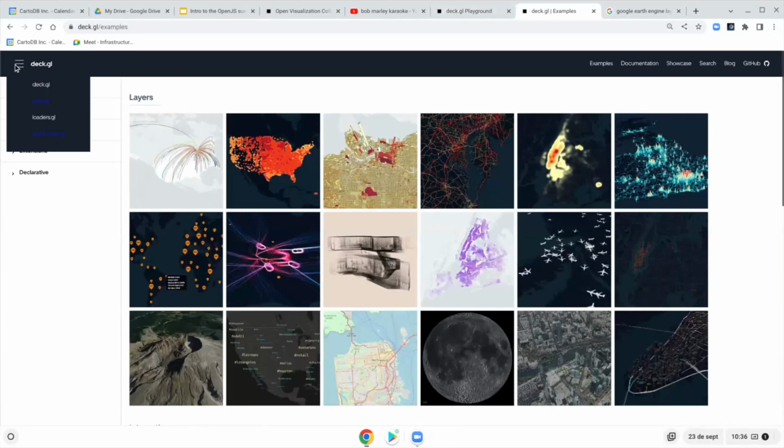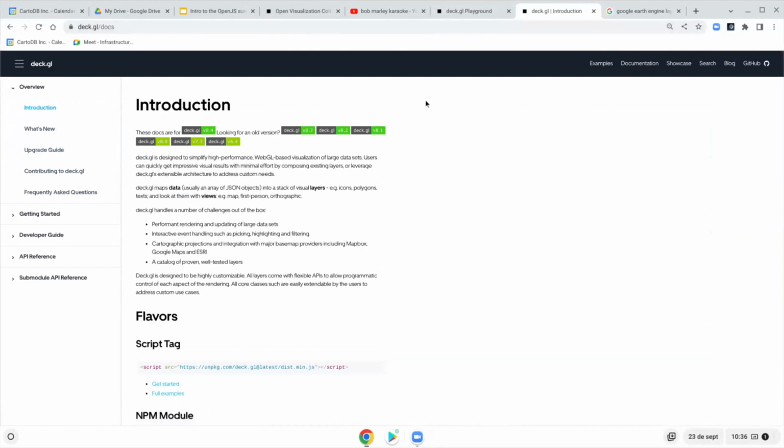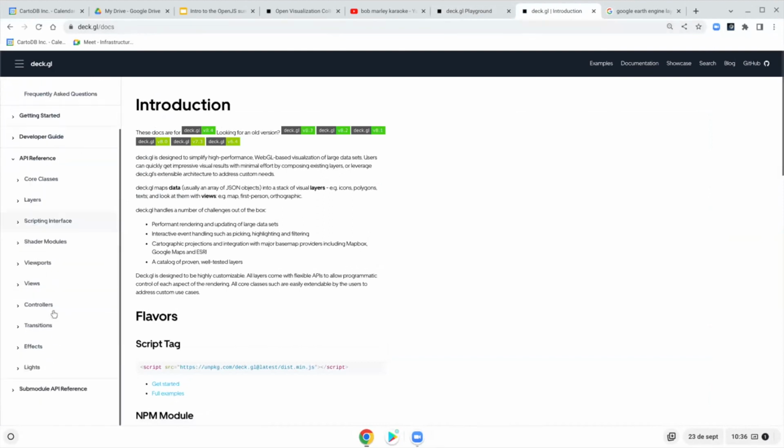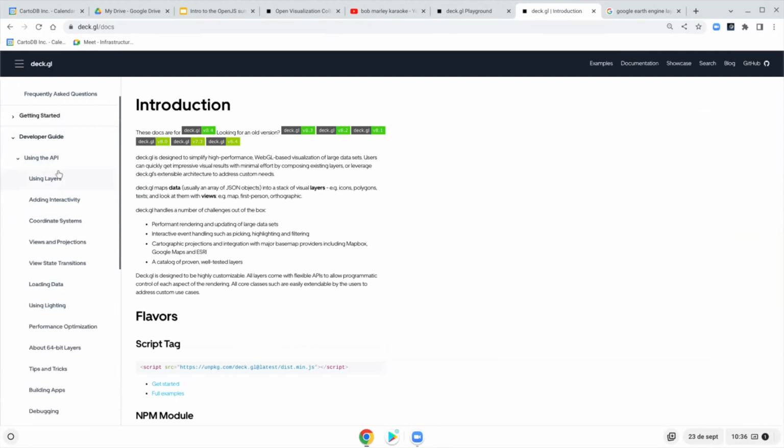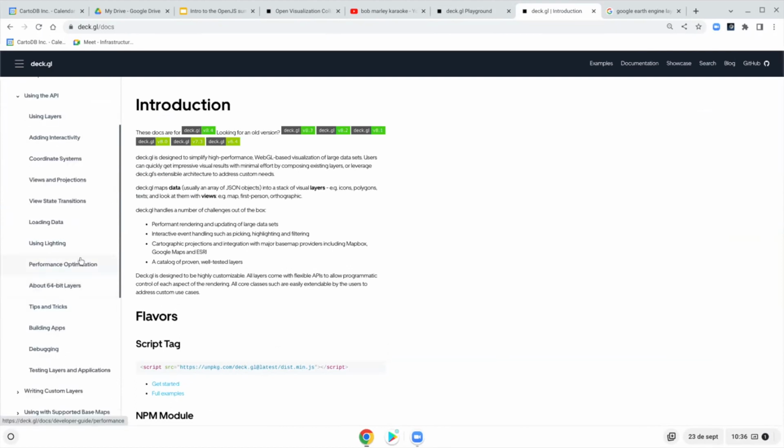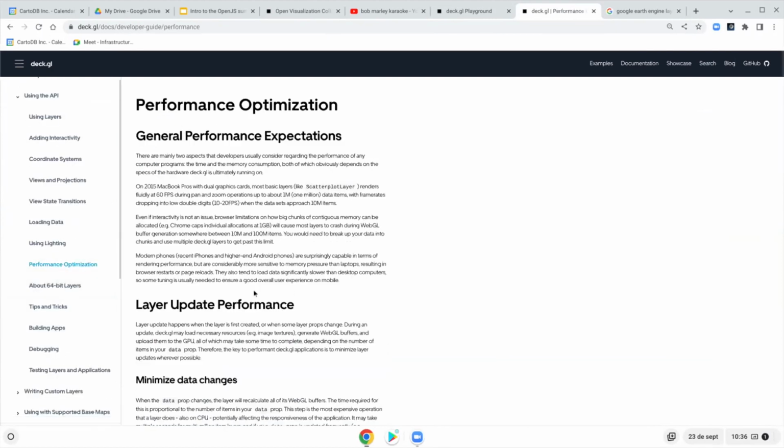Any other question? You have there in performance, you have also another thing that is using the binary data, performance optimization. That is something that, yeah,